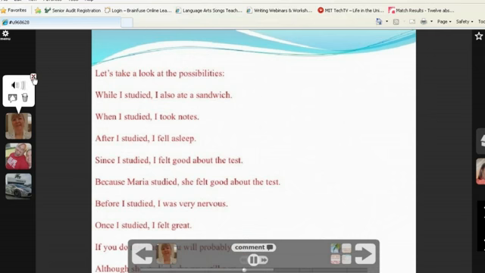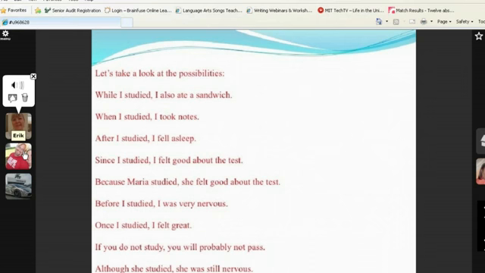Now, you may either use the comment button and type in your correct sentences, or you can also correct them on a piece of paper if you like. And good luck with your writing. I hope this has helped you, and I look forward to seeing your writing in class.